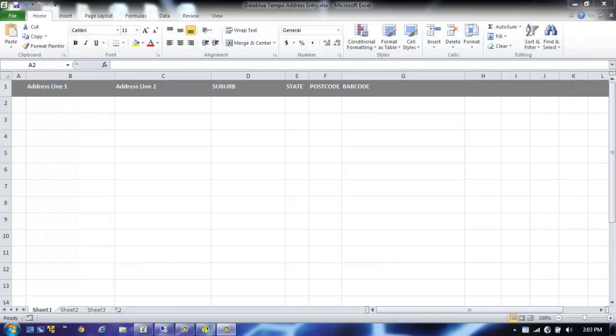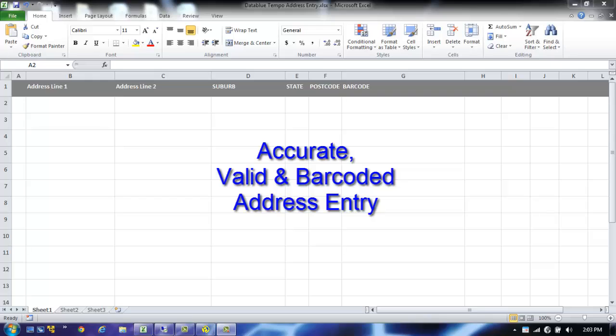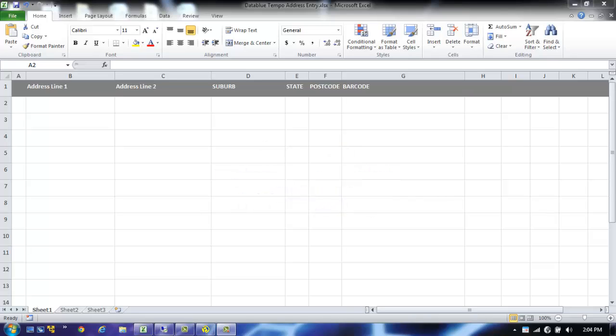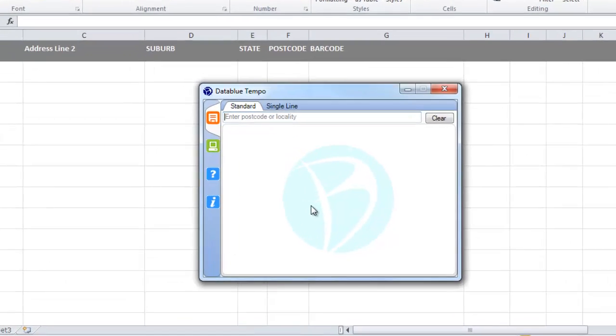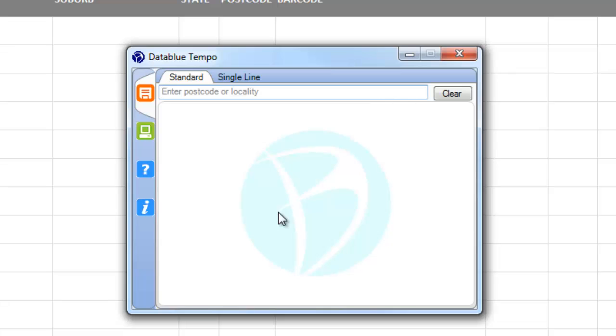In this demonstration, I'm going to show you just how quickly and easily you can enter accurate, valid, and barcoded address information into a Microsoft Excel spreadsheet using Datablue Tempo Address. So here we have a typical Microsoft Excel spreadsheet into which address information needs to be entered. The fastest way to get this data into Excel is to do it using Datablue Tempo Address. So I've launched Datablue Tempo Address there, and it's presented me with the data entry method for